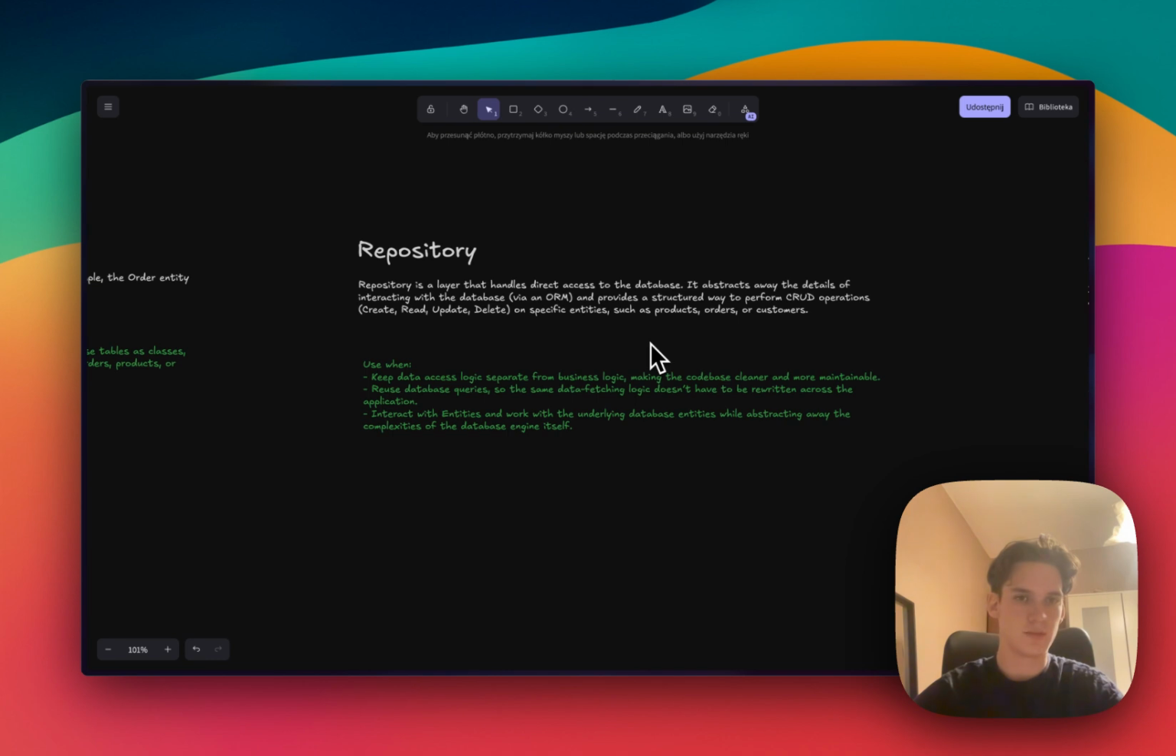The use case is when you want to keep data access logic separate from business logic, making the code base cleaner. The second is when you want to reuse database queries like reading and updating, so you should not do this over and over again. For example, repositories already have built-in methods out of the box like list, retrieve, multiple filters, and others. You should also use a repository to interact with entities and work with the underlying database entities while